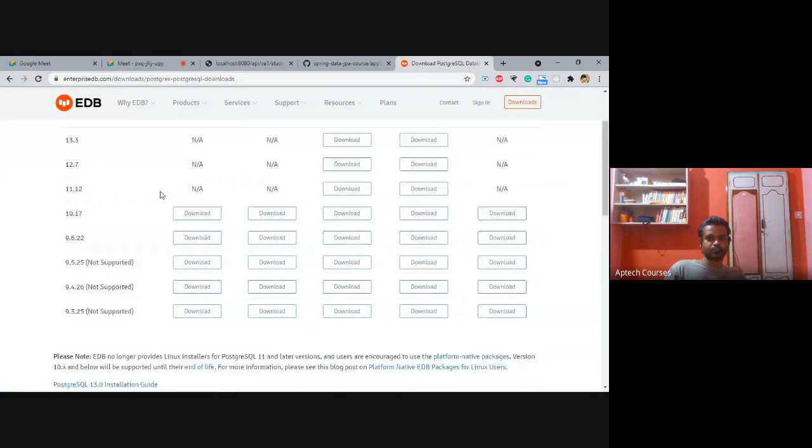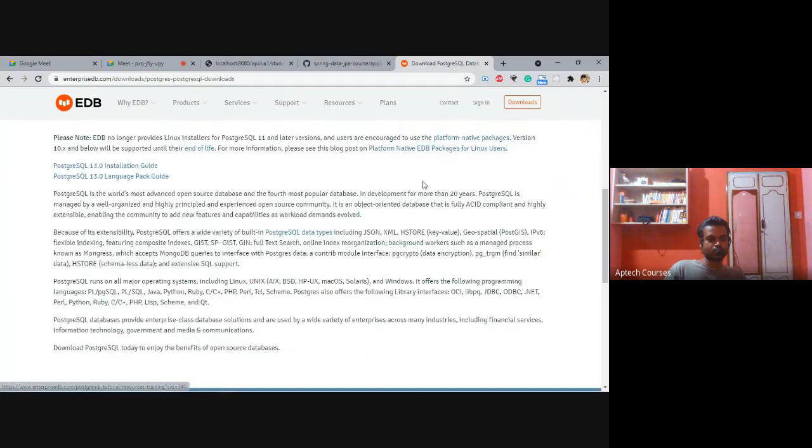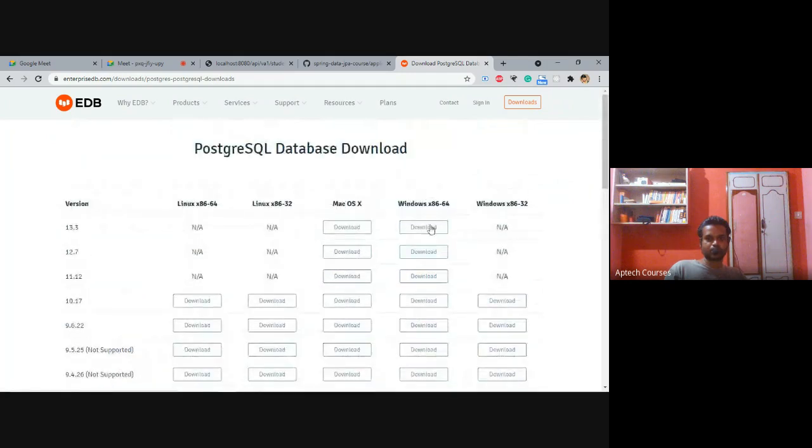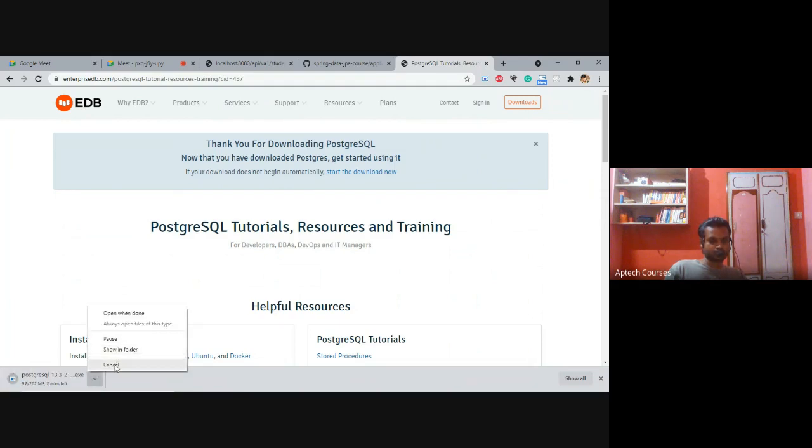EnterpriseDB, Windows x86 or x64, click on download. Okay, that's it. PostgreSQL database download. Immediately, it is going to start the download.